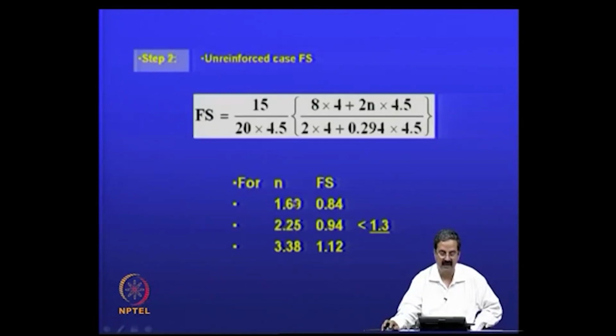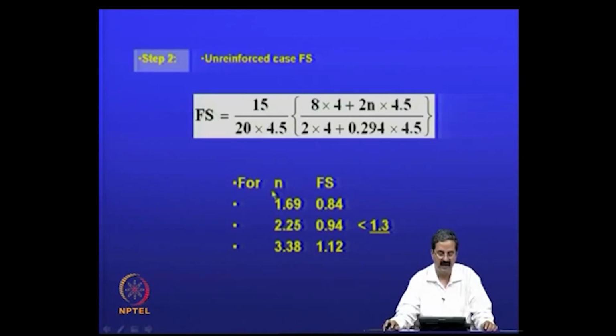And for the same n values, you can see that the factor of safety is 0.84 here, 0.94 here, and 1.12. So, under no conditions can I get a factor of safety of 1.3 without reinforcement. With reinforcement only am I getting it. This is an expression for without reinforcement. With reinforcement I am getting a factor of safety of 1.3 because I have used it in the equation,